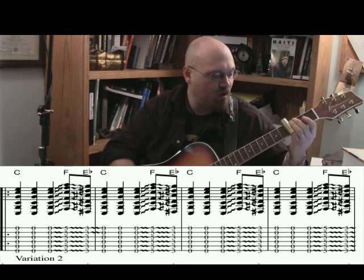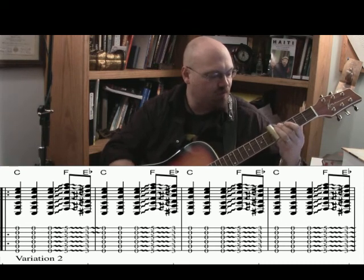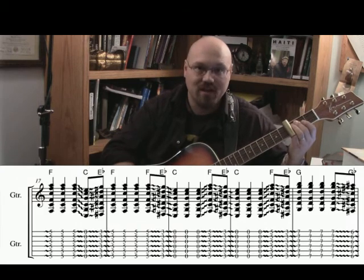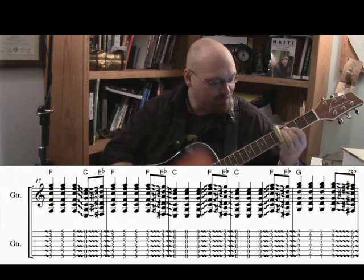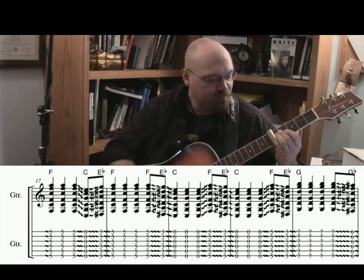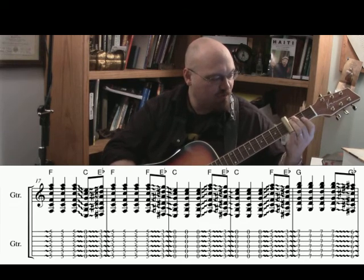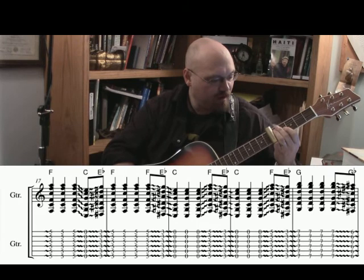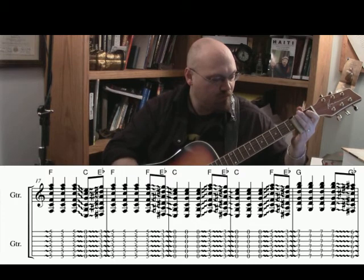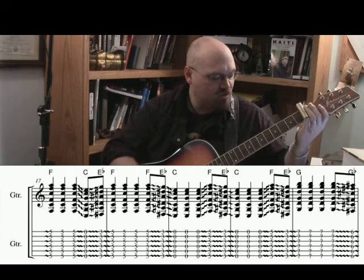3, 5th fret, 3rd fret, open, 2, 3, and then one more time, 5th fret, 3rd fret, and then instead of going down to the C, you slide back up to that F on the 5th fret, and then you open it up, slide up to the 3rd fret, up to the 5th fret, and then open, then 5th fret, 3rd fret, open, and then you slide up to the G, which is the 7th fret,